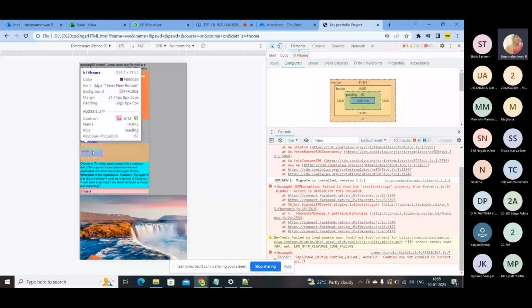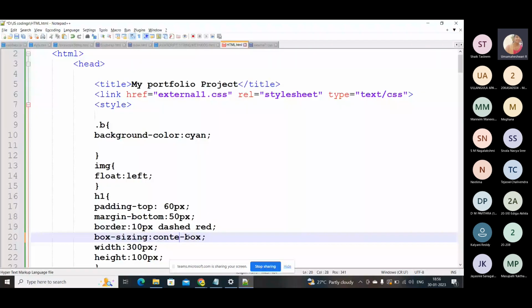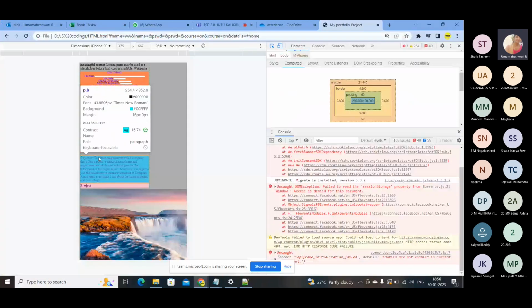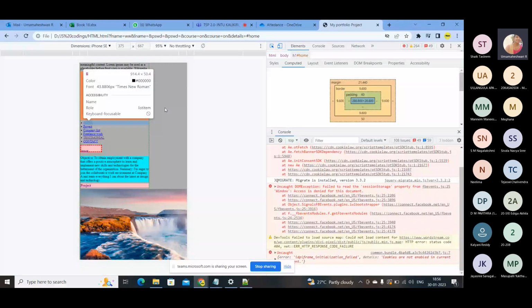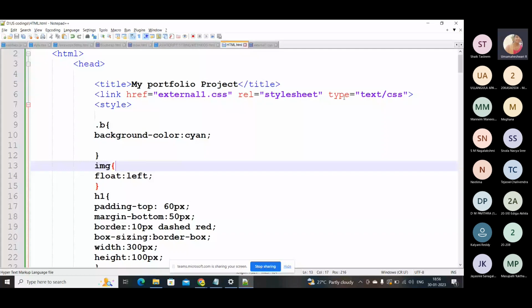So what you have to do is just go here and change this to border-box. You run this. Now, if you check here, you can see the exact value. See here, at the top, in the highlighted box, you can see the width and height to be some 300 and 100. So this is how the value should be. So you need to use border-box instead of content-box. Content-box is the default one. Border-box is the